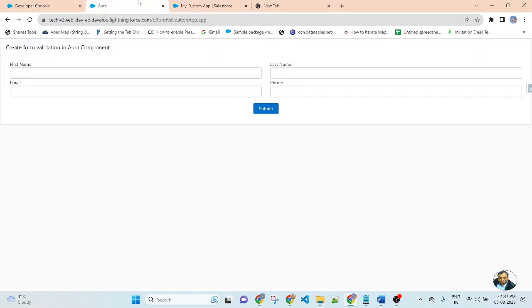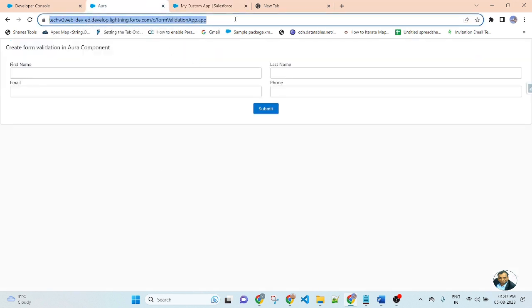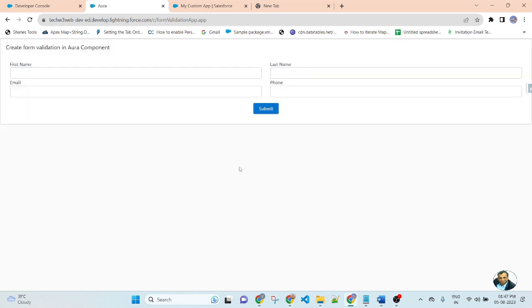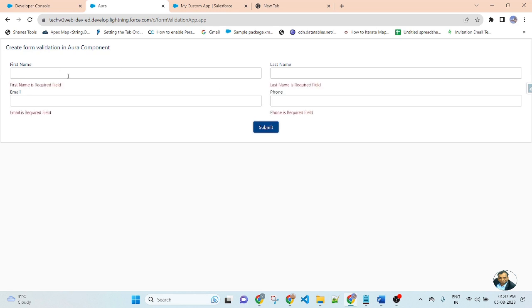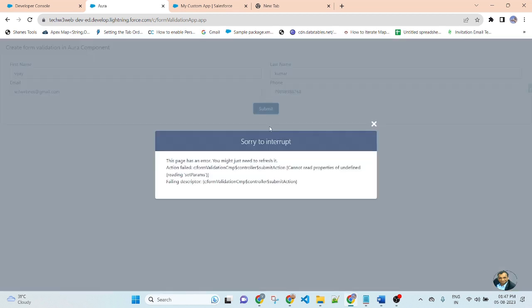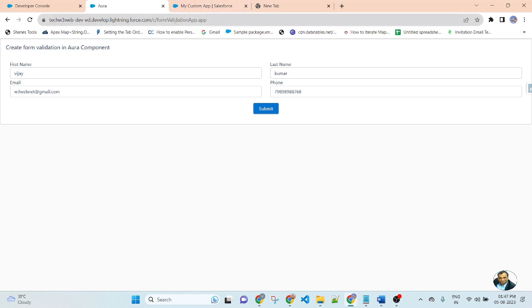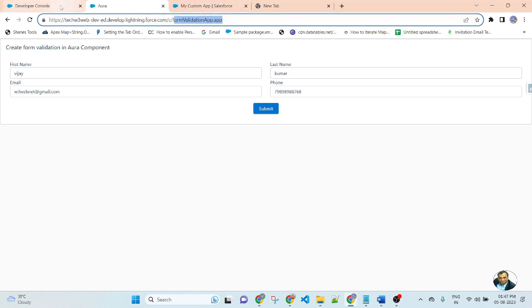But if you go to the lightning app page and do not put anything in the input field and submit, the error message displayed is different. And if you put the value w3webnet@gmail.com and a phone number and submit, you can get an error because post message is not allowed on the lightning app page.